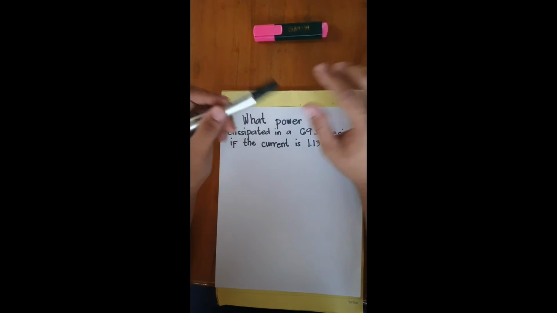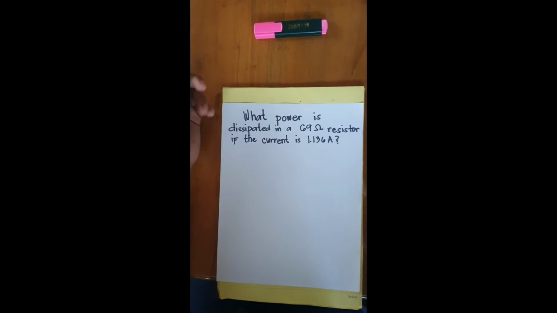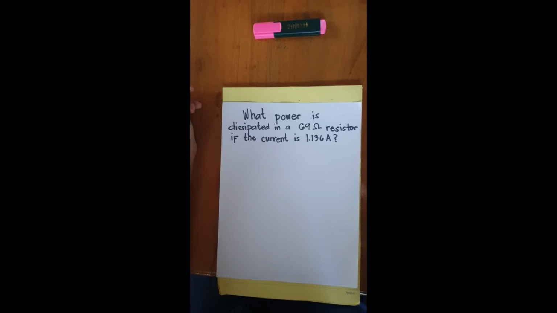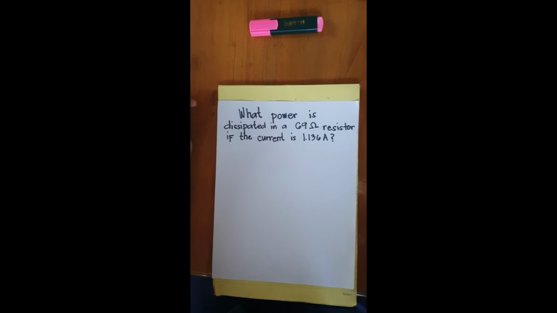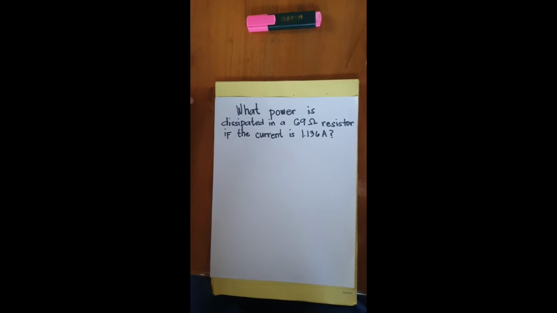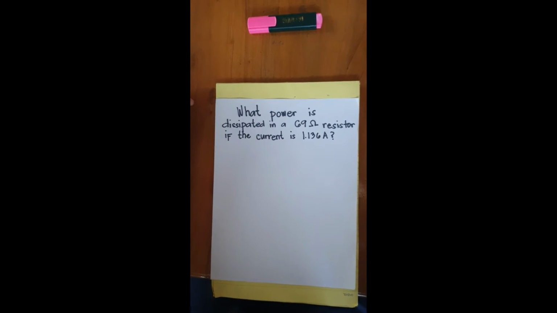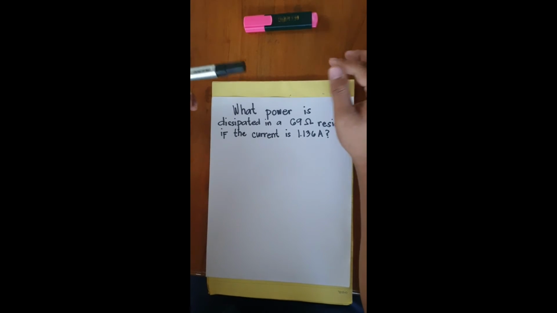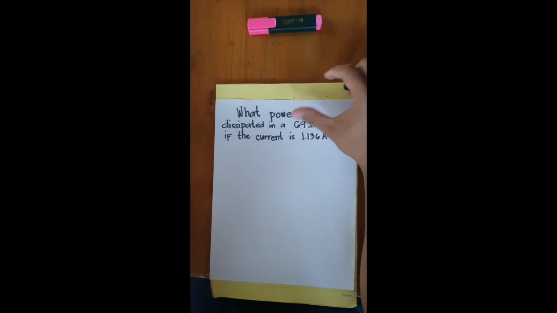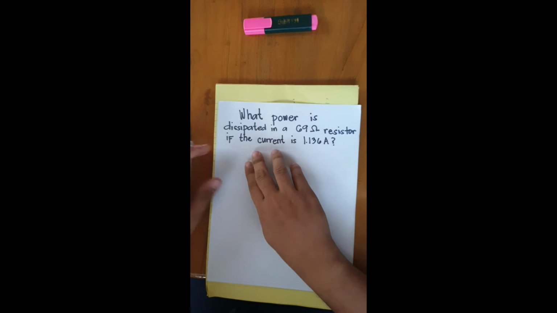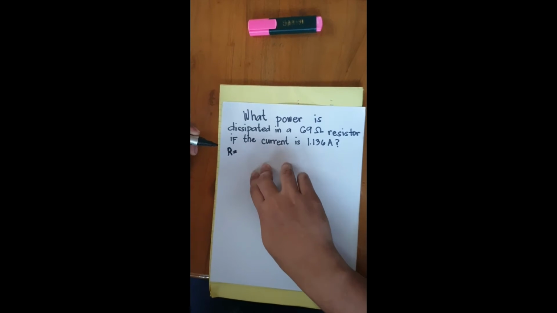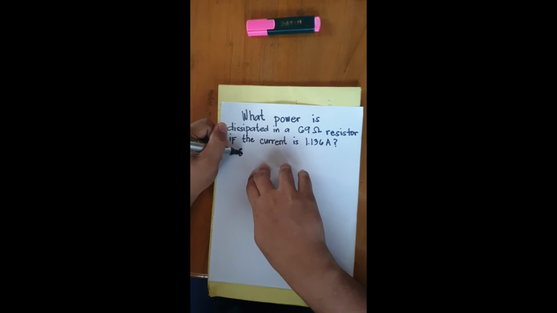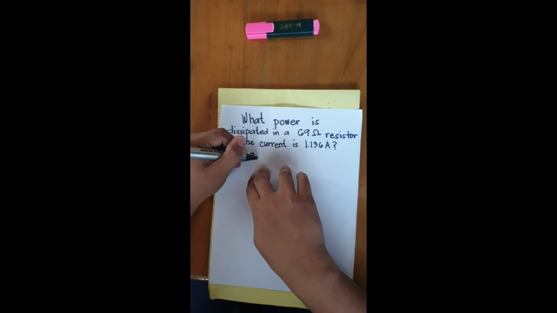First example: what power is dissipated in a 69 ohm resistor if the current is 1.136 ampere? So we have the value of our resistor. R equals 69 ohms